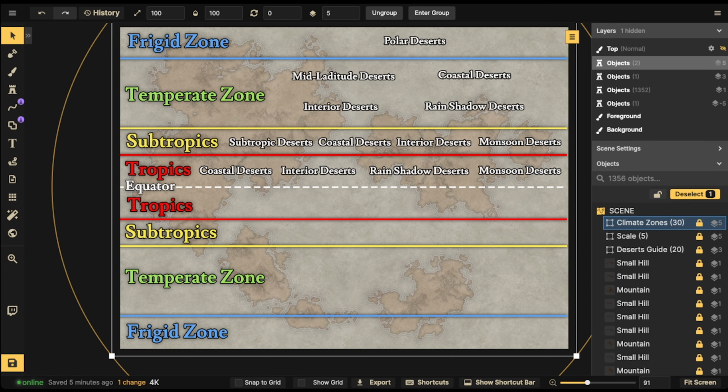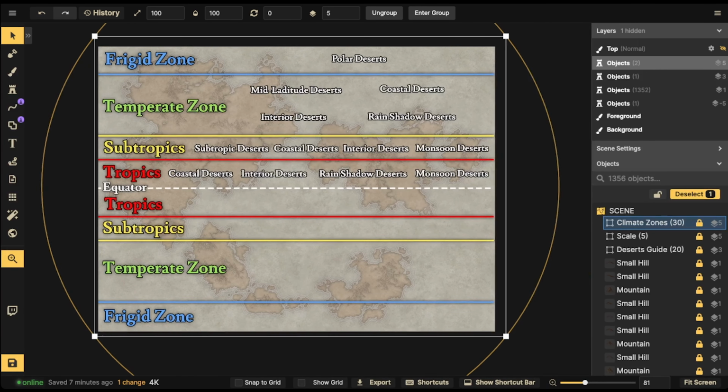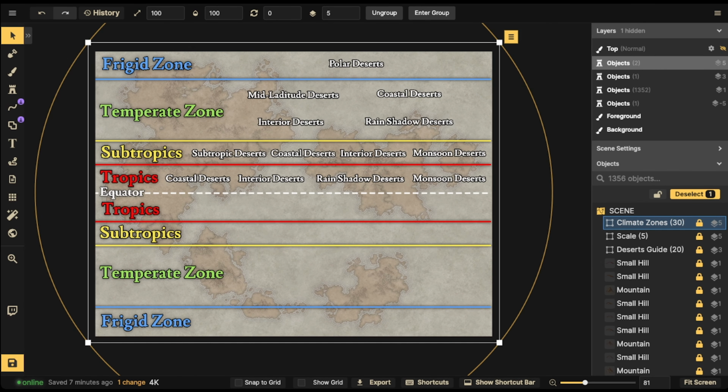So those are the different types of deserts that exist. And you notice that I placed them all very carefully in the guide. Just know that this is flipped. So if you're wondering, well, what about the southern hemisphere? Just flip that. The coastal deserts, interior deserts, rain shadow deserts, and monsoon deserts can be found in the tropics, both the tropics of the northern and southern hemispheres. So just follow that, flip that guide. So now that you kind of